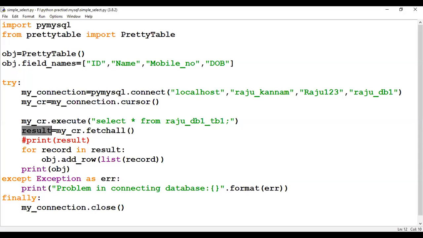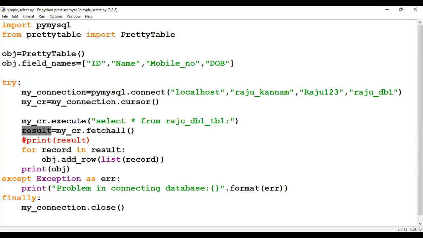For fetching the records, we should have the cursor. Without the cursor object, we cannot, because to work with MySQL from your Python, you should have the connection object and you should have the cursor object. Without the cursor object, we cannot execute a query in MySQL. So that is compulsory.